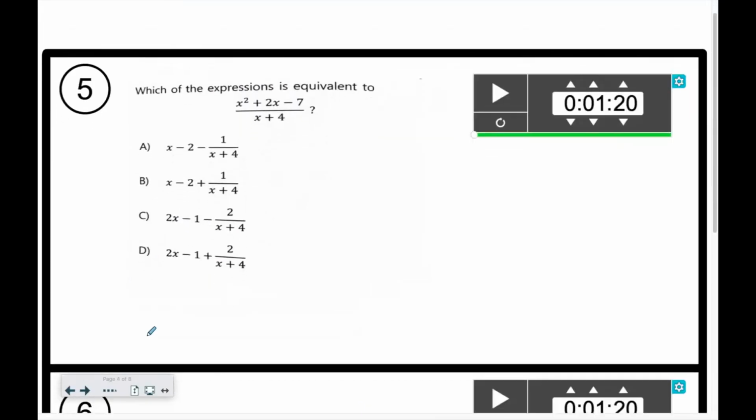All right. Let's move on. There's a couple different ways to do this. The most direct way involves synthetic division, and that's not required for the SAT. So I'm not going to do it that way. If you know how to do it that way, then go for it. But since it's not a requirement, or long division for that matter, if you're going to choose between the two, you would choose synthetic. So I am going to show you a way where